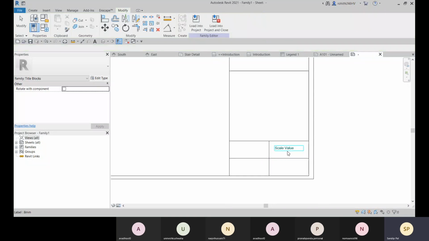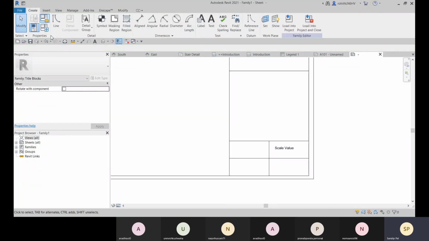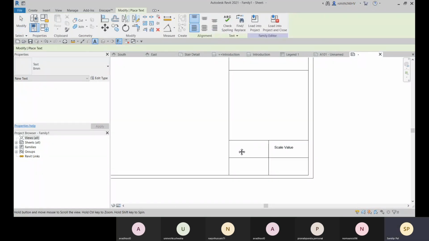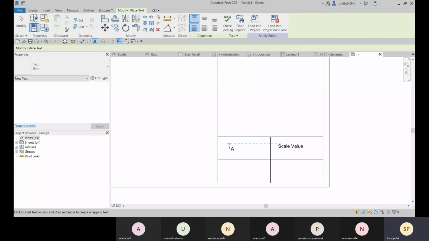So this is right now the label, which will be variable, and here I will provide the information which will be fixed.